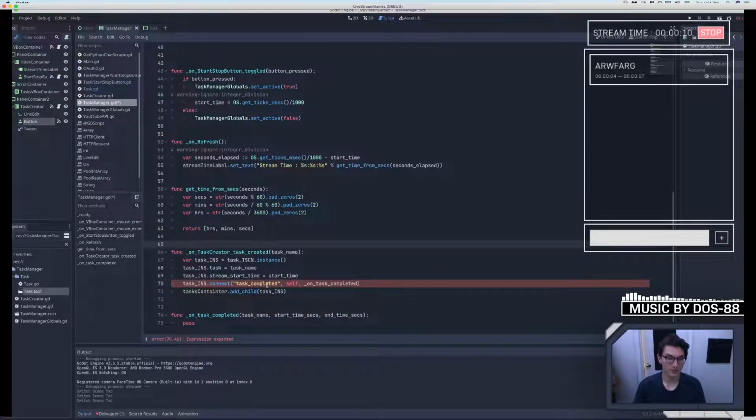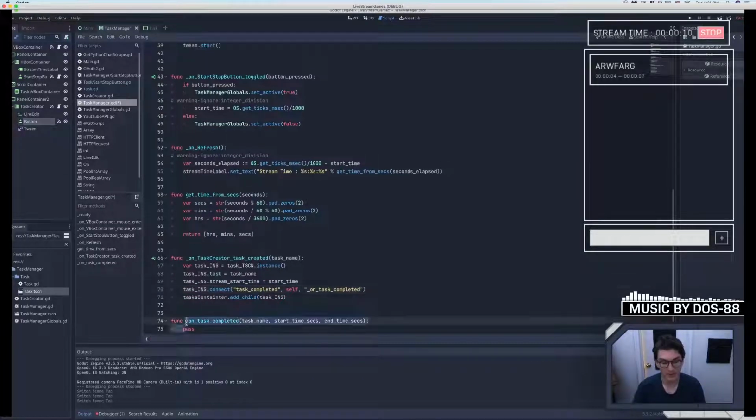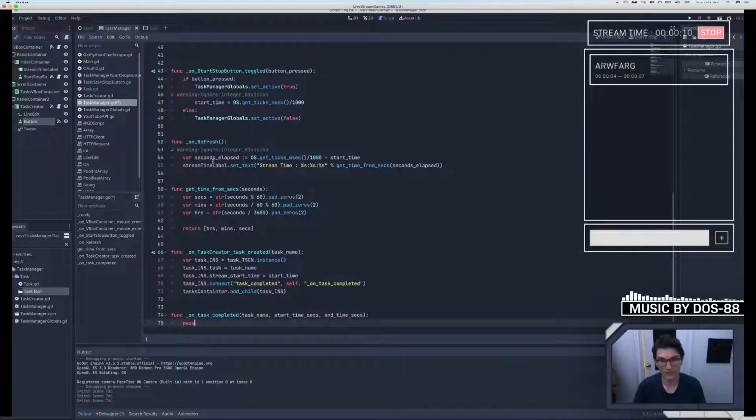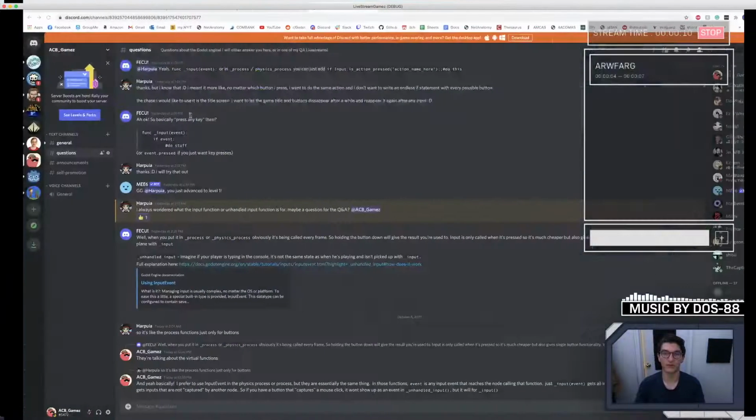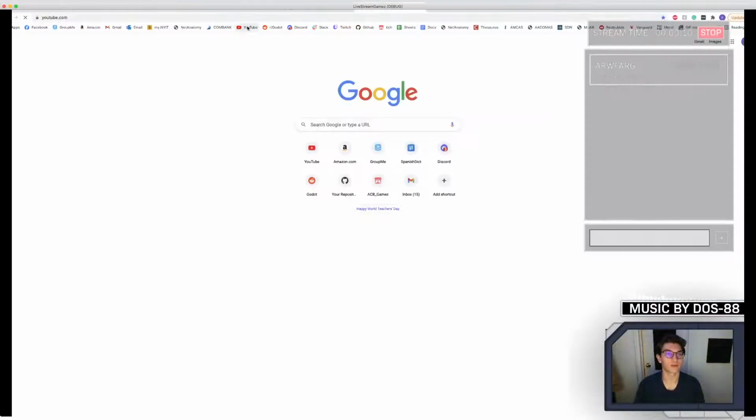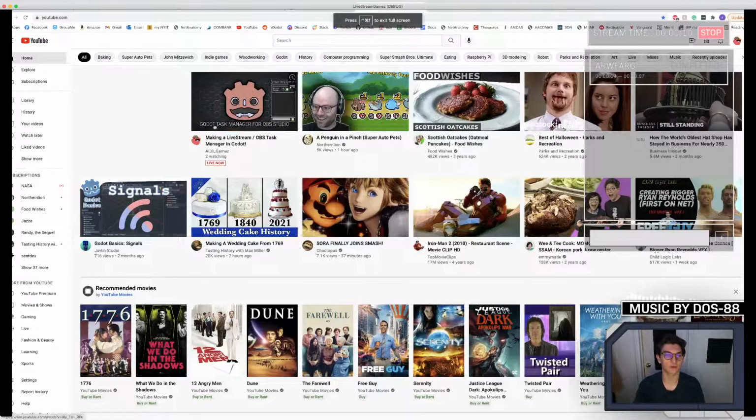Okay, so now whenever we complete a task, it's actually going to send the task information right here. And the other thing I want to do is essentially start creating a manifest. If you don't know how to make one, I'll just show you how. So we go over here to